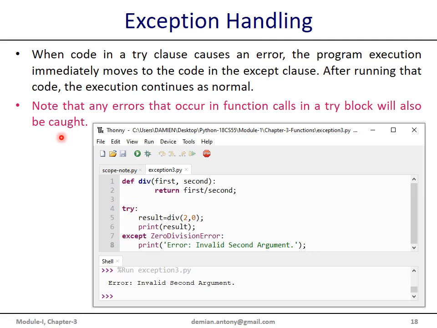Note that any runtime errors that occur in a function call in a try block will also be caught. Let us demonstrate the same program by safeguarding the function call instead of safeguarding the code that might cause an error at runtime.